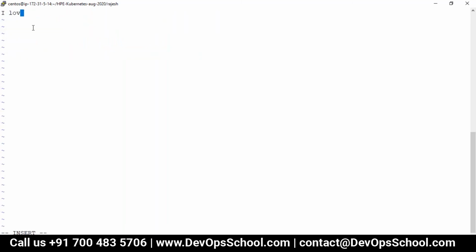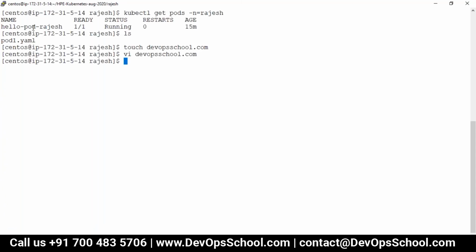I love DevOps. Save it. Now this file I'm going to copy inside a container. So kubectl cp. What do you want to copy? This one. Under which pod? This pod. Inside where? /opt.